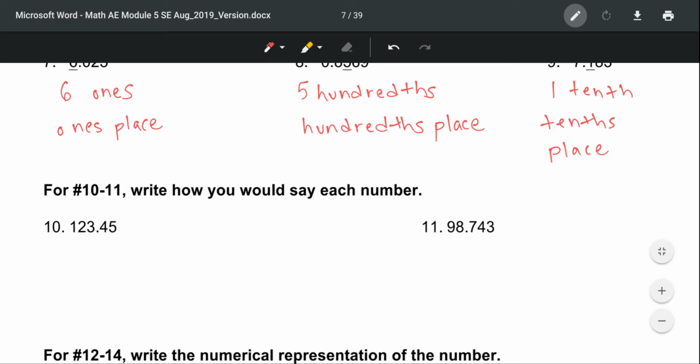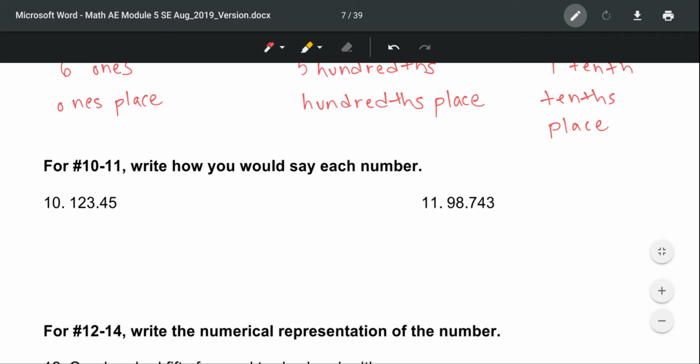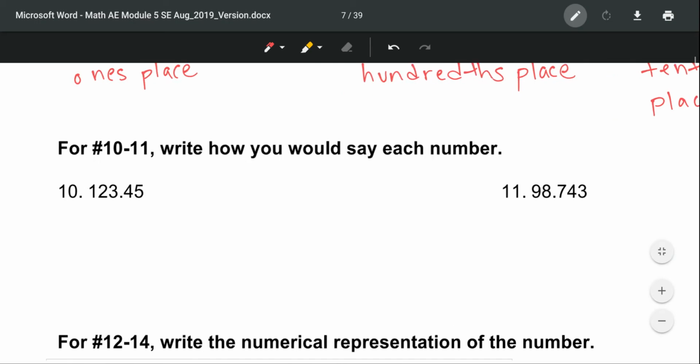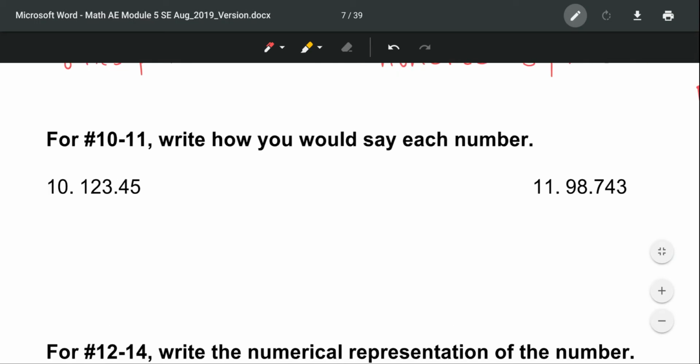Okay, now in 10 through 11, you want to write down how you would say this number. So 1 is in the hundredths place, 2 is in the tenths place, 3 is in the ones place, then we have our decimal point, so it would be "and". 4 would be in the tenths place, and then 5 would be in the hundredths place. So this number would be